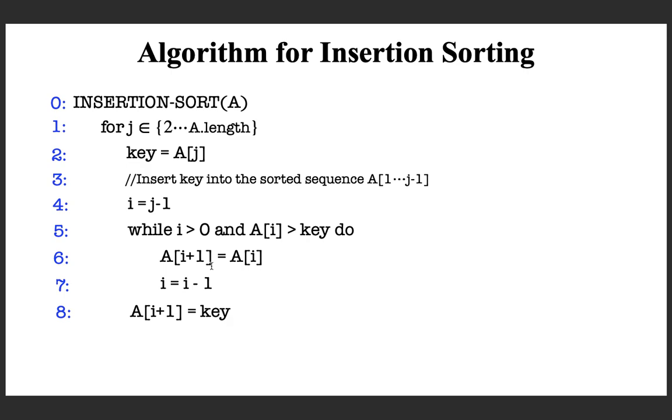What you are doing is, as long as you move until here, that is I becomes greater than 0. As long as I is greater than 0 and the value of A at I, that is like this, is greater than 11, you move right. That is what we did. Move right means you move the element from I to I plus 1, that is moving right, and you are decrementing I. And if you carefully observe, you can see that exactly this is what we did. Okay, after the loop, you have found a position for the element to be inserted, and you can see that it is I plus 1 because I is decremented. After the position is found, I was decremented, and that is why I is incremented, and you are putting the key there. It is not difficult to verify that this is exactly what we did or this is exactly what we need, and this is what is called insertion sorting.